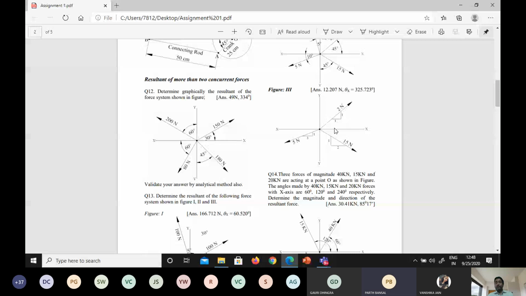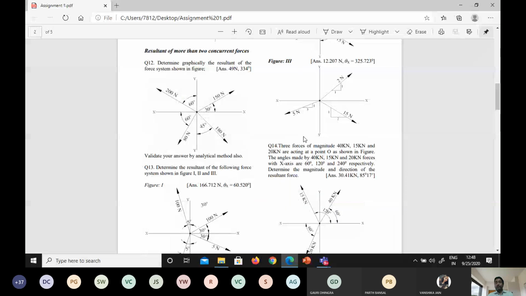Similarly, here 1 and 2, perpendicular is there, base is this. So you can easily calculate the angle for this force. Similarly for this force. So this is the only trick here. Otherwise, there is no issue in that. I think you can easily calculate the questions. Very easy questions are there.